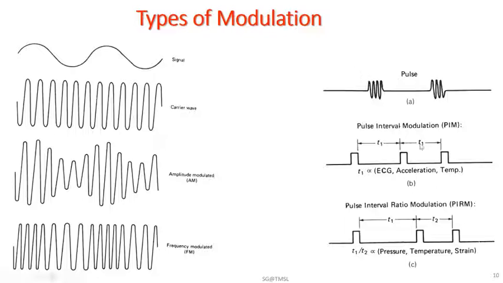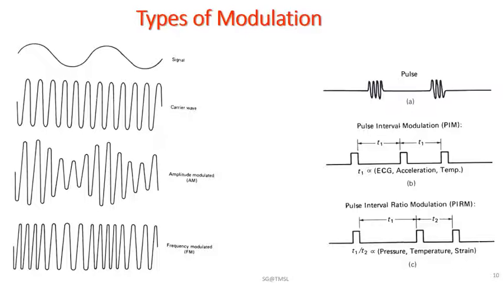In the PIM technique, the pulse interval modulation technique, the length of the interval between successive pulses T1 is always proportional to the signal input, and this system is best suited to biopotential or accelerometer usage, but may be used for temperature